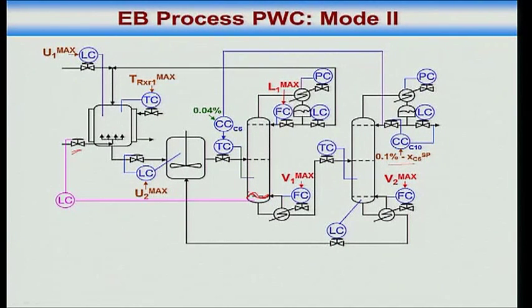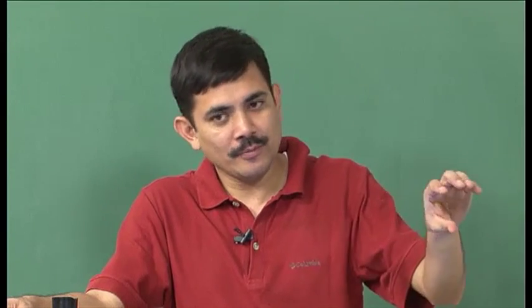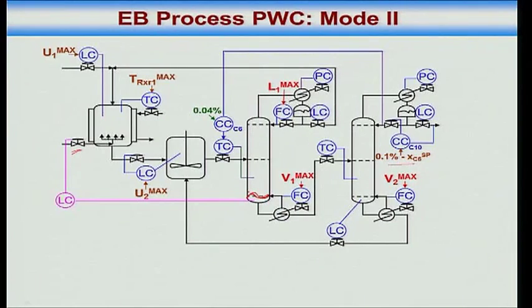If I do it this way, this is the control structure that comes. But for the residence time problem, if I had a plug flow reactor, in fact we have done simulations and shown that with a plug flow reactor, residence time is not an issue. You make a change here, right, because the flow is compressible flow essentially. But for the large residence time in the reactors, this scheme would have worked. It turns out that for this process it won't work because the total reactor residence time is of the order of 2 hours. Had it been of the order of 5, 10, 15 minutes, it would have worked.